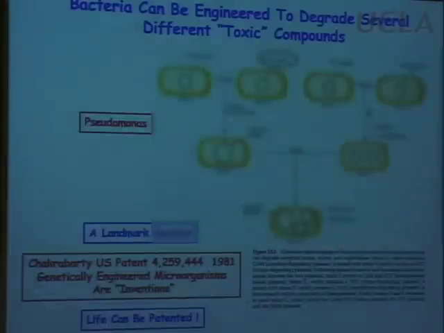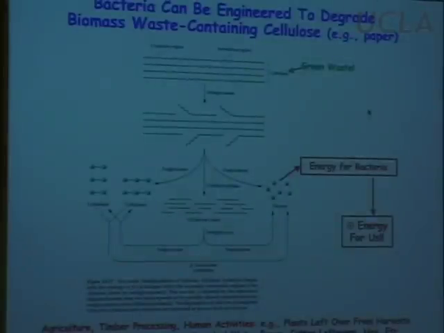And that's because Professor Chakrabarty took a variety of different plasmids containing different genes and made a new pathway in this particular bacteria, Pseudomonas, and got it to degrade oil. And he patented that particular organism, and he was allowed to do so for reasons that we're going to talk about. The point here is that you can engineer these bacterial pathways in order to do a